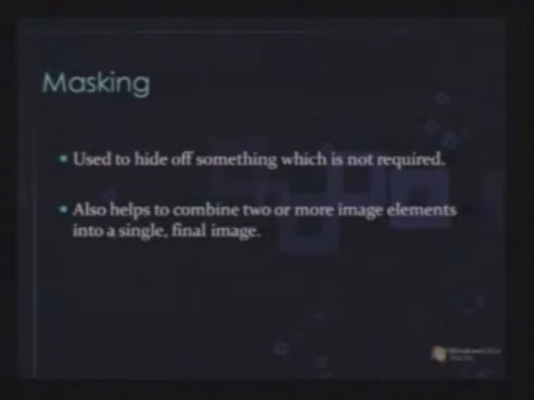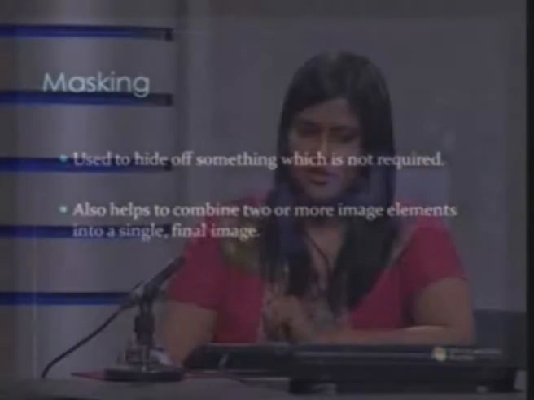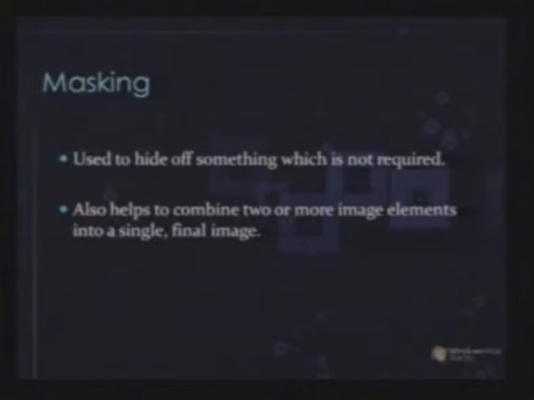So masking basically is a process through which we hide something which is unwanted and undesirable. For example, people put a mask on their faces to hide their identity. A similar kind of procedure we call masking, because masking is something which is going to help us out. Once we do masking, we can hide something which we don't want to see.